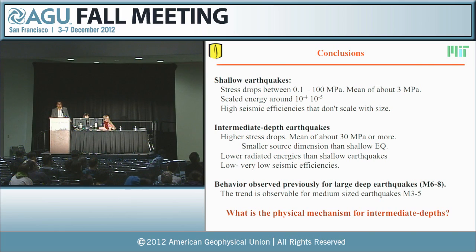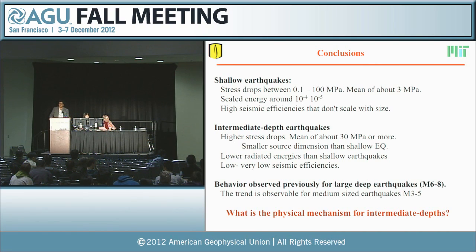Even just by comparing the source time functions, remember the plot where I showed the source time function for two different events, one deep, one shallow, the duration of the rupture is much smaller for the deeper events. The size of the rupture area is expected to be much smaller than a similar size earthquake at shallower depths. We get lower radiated energies, even though we have a very concentrated rupture area with a large slip